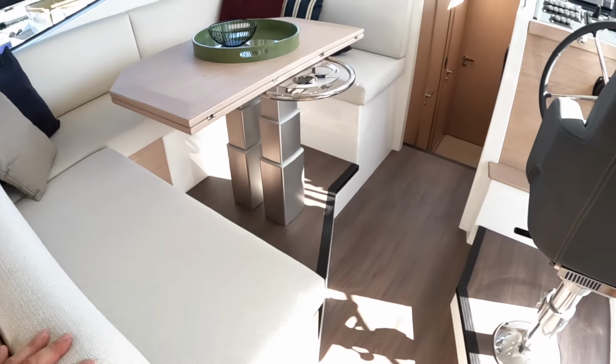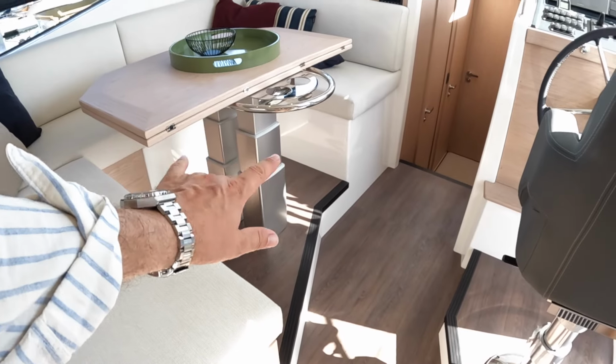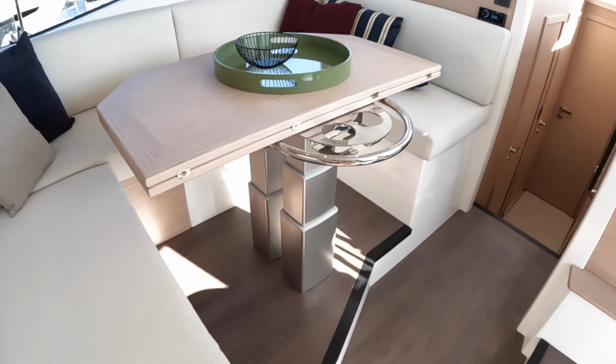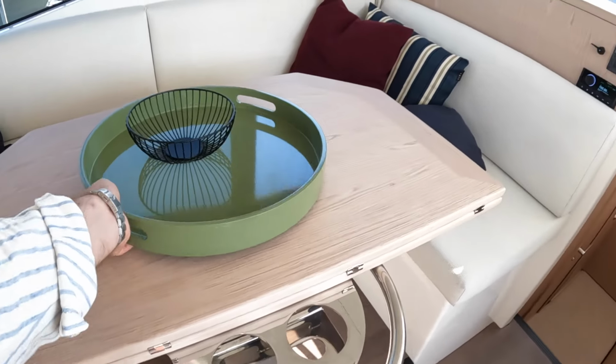Table here, it's height adjustable. You can see there's a button that brings that down. It's interesting they put two legs on there so it's properly stable. What you can do with this, a couple of things actually. You can take that off